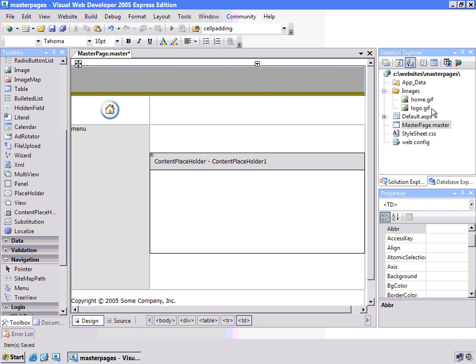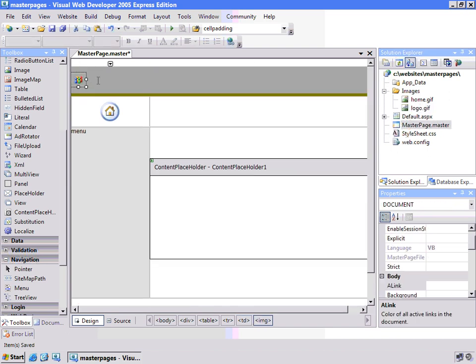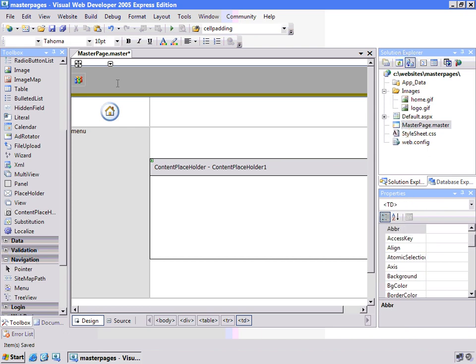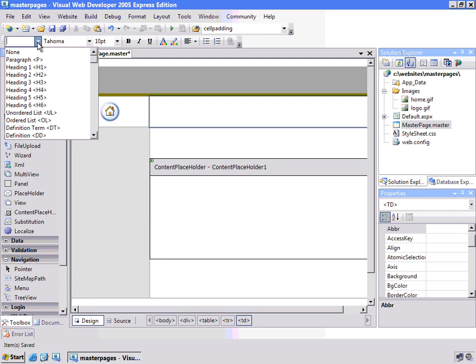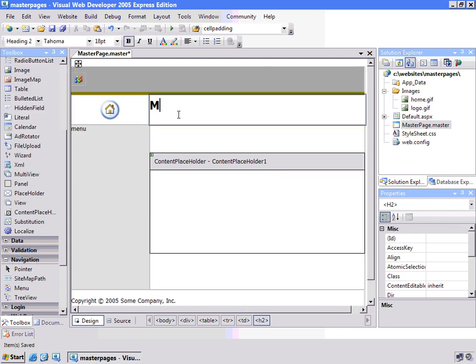So I also have a little picture I can put up at the top, and we'll put something else here next to the picture shortly when I get to show you some other features here. And finally, we'll have a header, Master Pages Demo. Okay, well, let's see what this